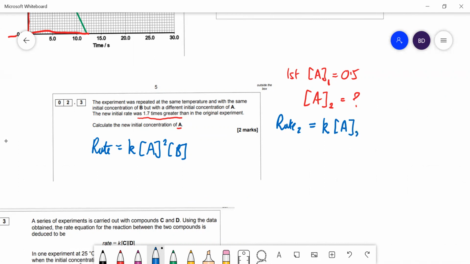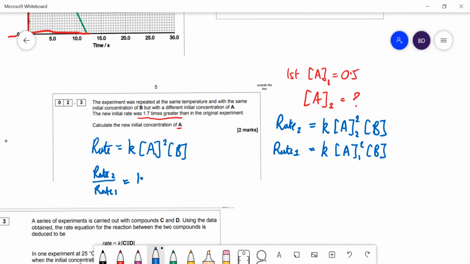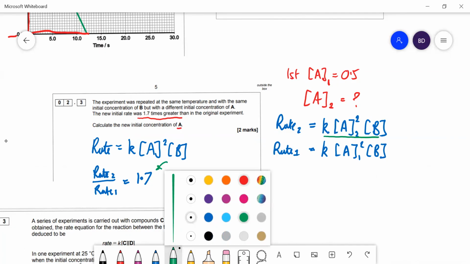The new concentration of A squared, multiplied by the concentration of B. And we know that rate 1 is equal to the concentration of A, the first one, squared, multiplied by the concentration of B. And we also know, they tell us, that rate 2 over rate 1 is equal to 1.7. So what we're going to do is sub these two values in for rate 2 into this equation and for rate 1. So let's do that. So we get 1.7